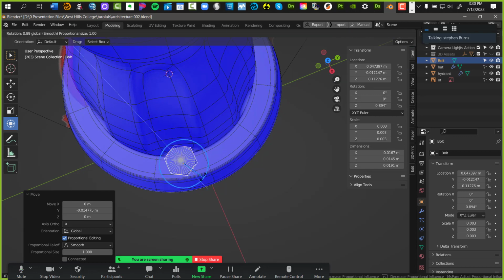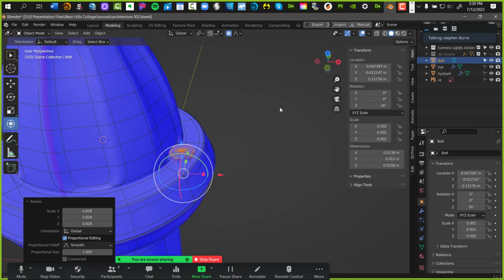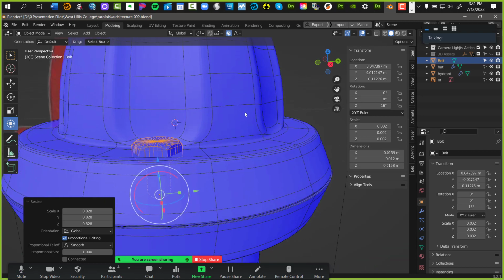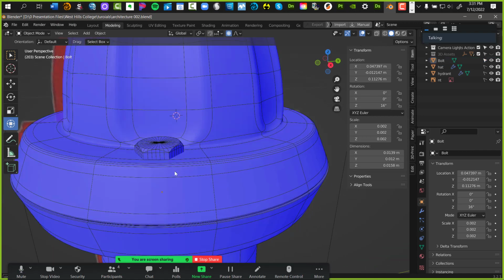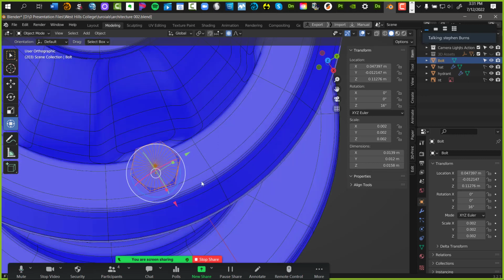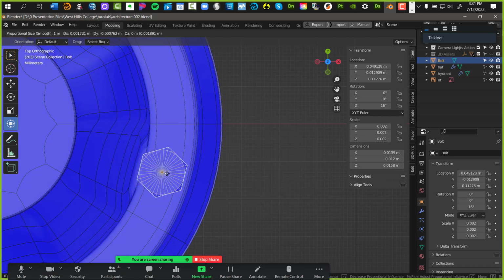I think I'm going to rotate it a little bit like so, and it's also a little bit too big. Right about like that. How's that look? Is that acceptable, guys? I think I'll take this out, go to my top view, and just pull it out right about there.